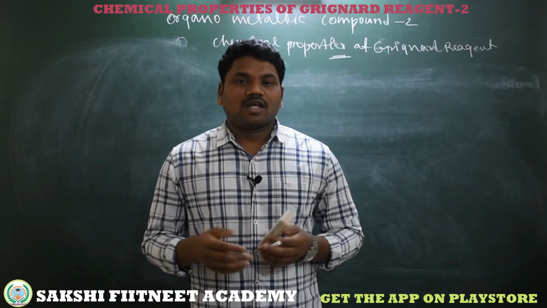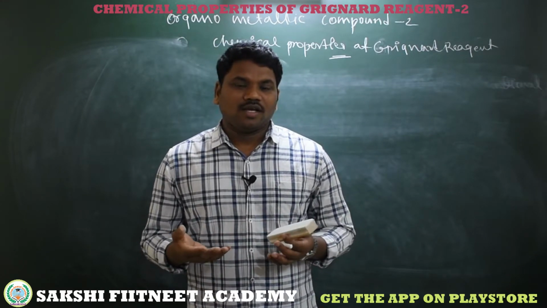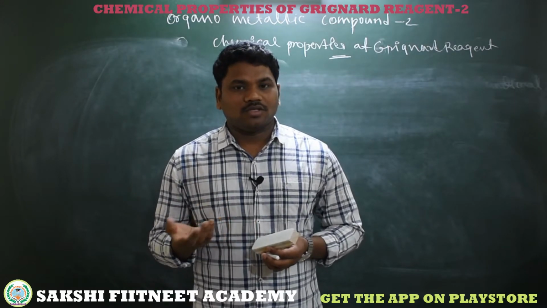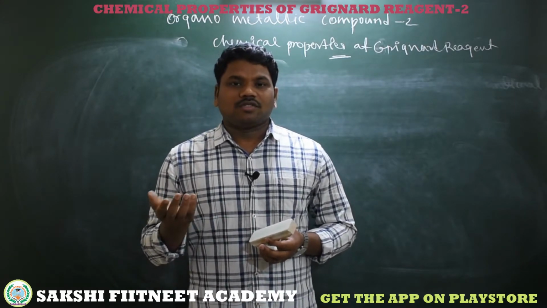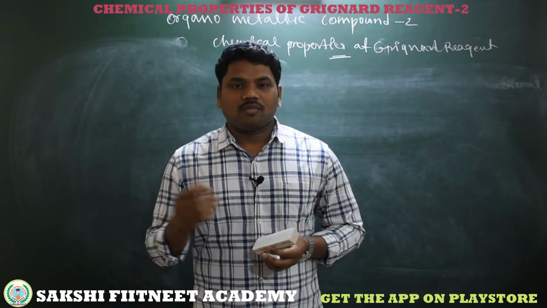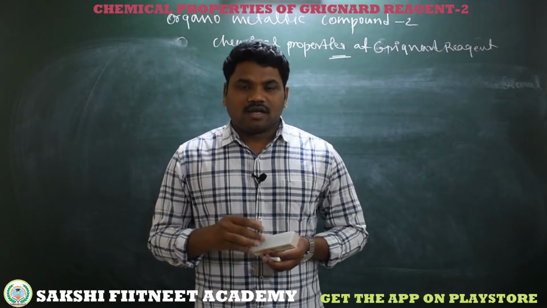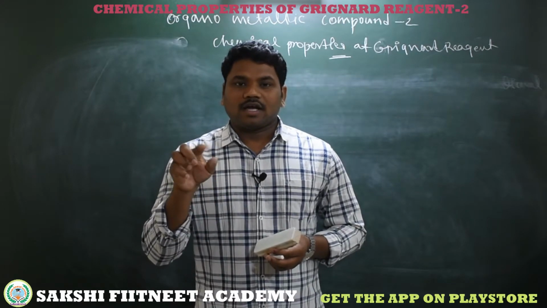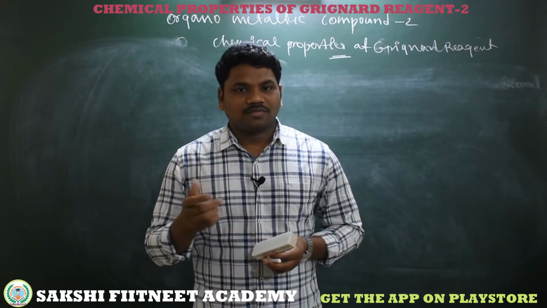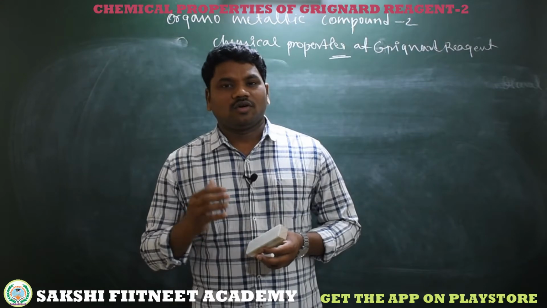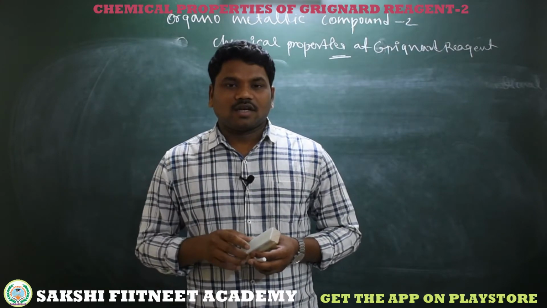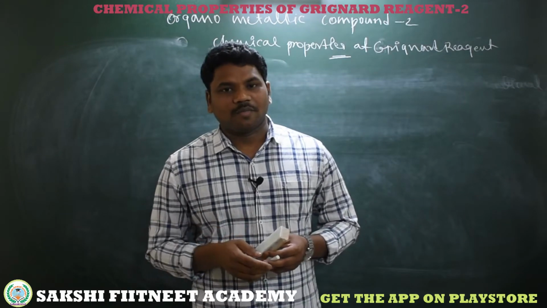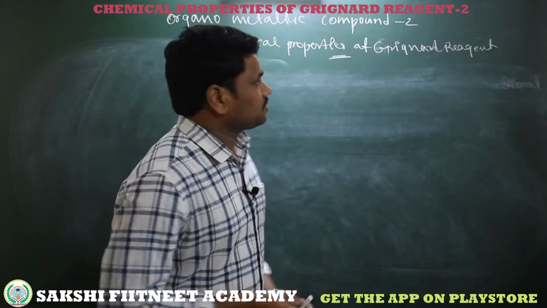So what are electrophilic functional groups? We know that the functional group which has an electropositive carbon, that means a partially positive carbon, like carbonyl compounds, like an epoxide, like a nitrile group. These functional groups show the carbon as an electrophilic center. So what about the reactivity of Grignard reagent with these functional groups? That we are going to learn in this video session.